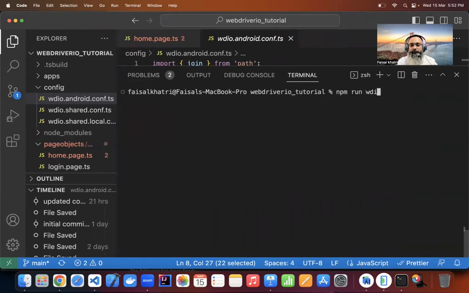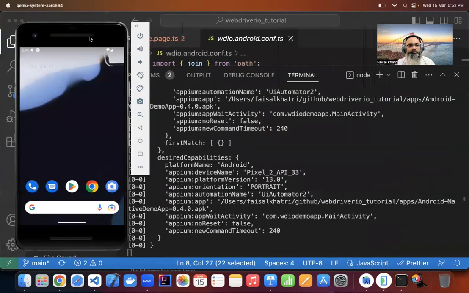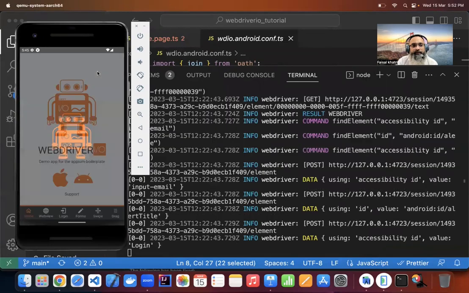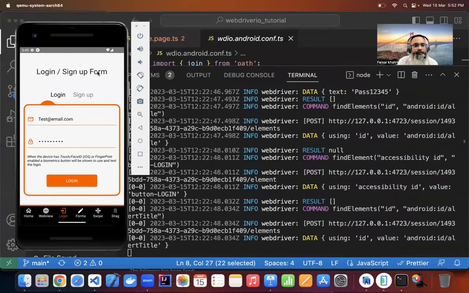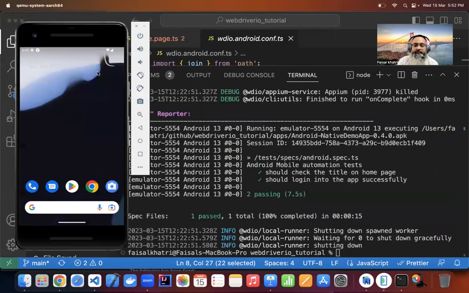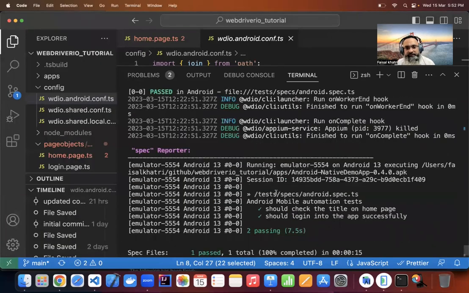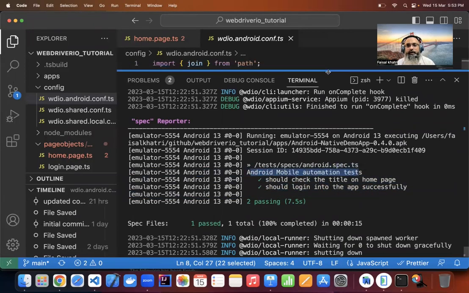npm run wdio and press enter key. I'll open the emulator here on the side so we can see what's running out there. So you see the tests are running fine here. It entered some value in the email and password, and now it clicked on the login button. Message is displayed, verification done, and we see the spec reporter also getting generated here, like this Android or mobile automation test. Since we are using Mocha framework here,